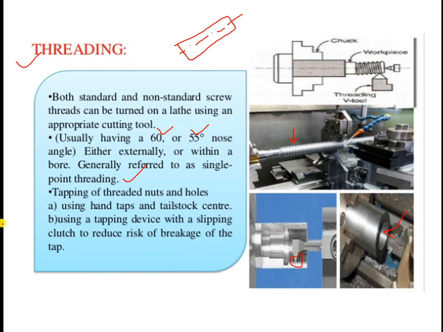In this case, a very important thing is the half nut mechanism or the lead screw which will be engaged here, and we need to set all these things. What is the distance between the two crests? It is just like such a structure as far as thread is considered. The distance between them, and the depth of this one, can be set in proper manner on this lathe machine. Then the whole component is held between the chuck and the tailstock, and with the help of a separate tool, the threading tool, this operation can be carried out. The threading tool is like this. So that is the threading operation, which is a very important operation in various kinds of machine components.